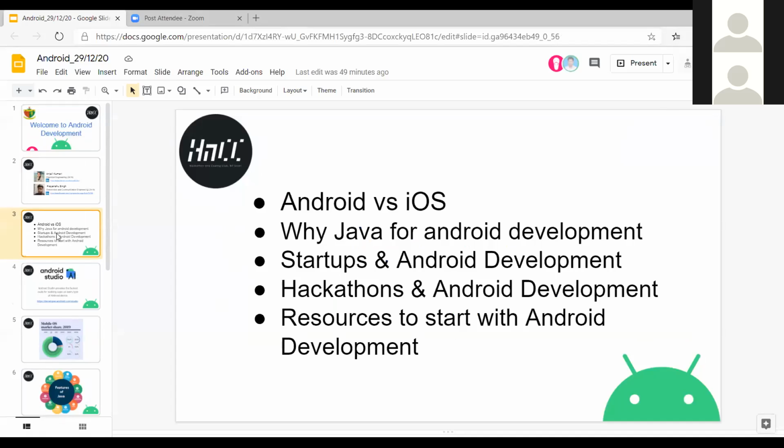So, in today's session, we will be answering some queries that every beginner has, like why Android, not iOS, why Java for Android development, relation of Android development with startup, hackathon and Android development, resources to start with Android development. So, first of all, before answering these queries,